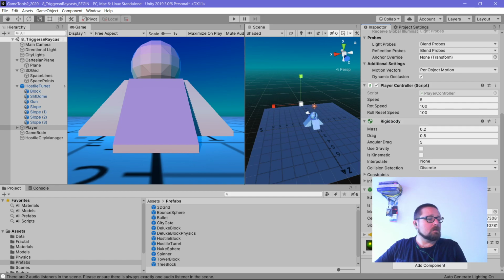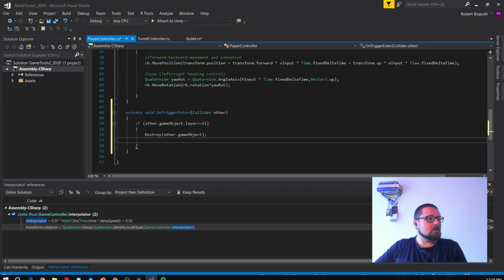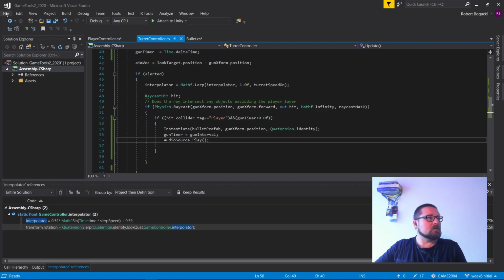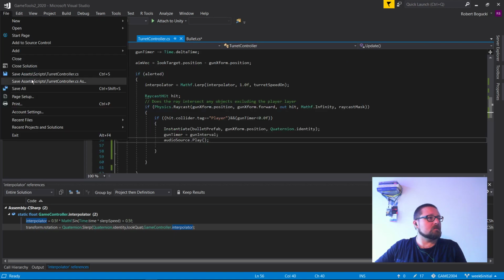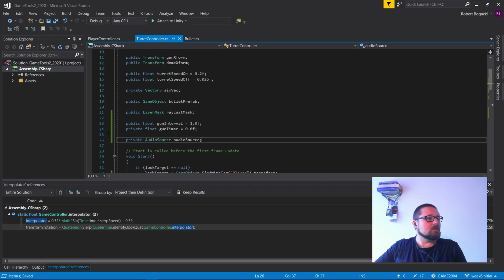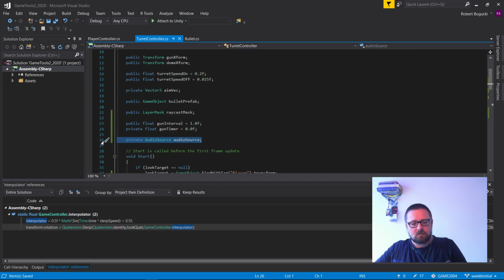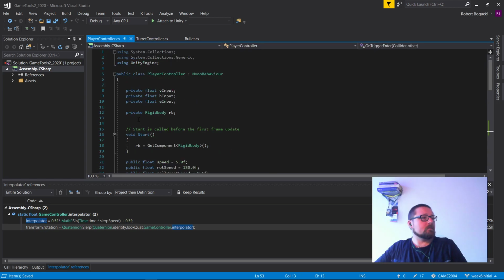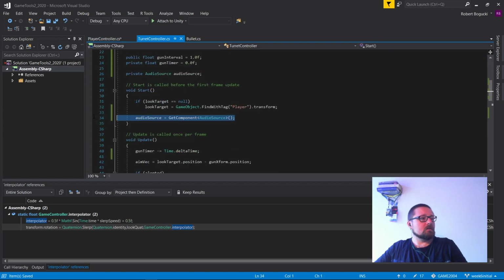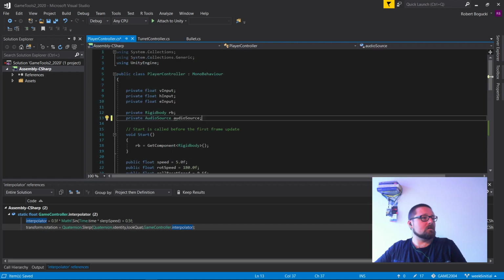Good. Let's go to our turret controller where we've just done quite a lot of things with the sounds. So private AudioSource, and in the Start function I'm going to get that component to work with it